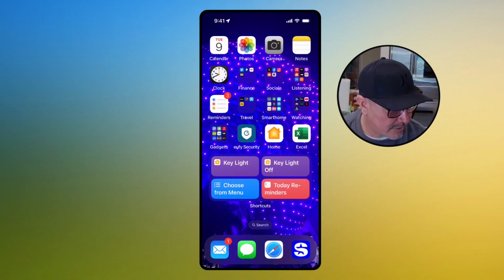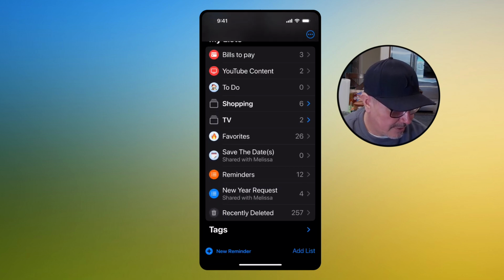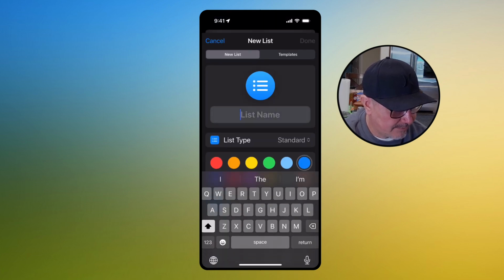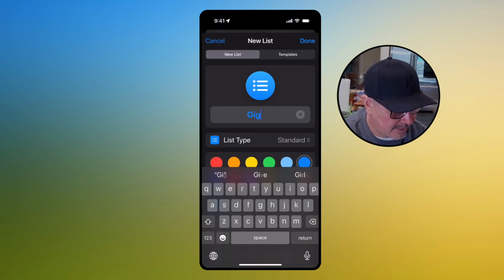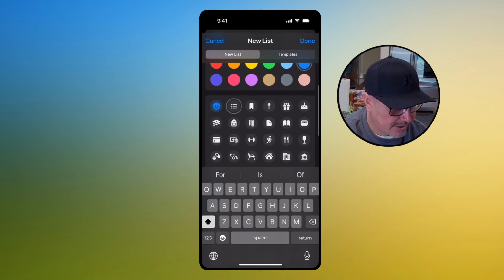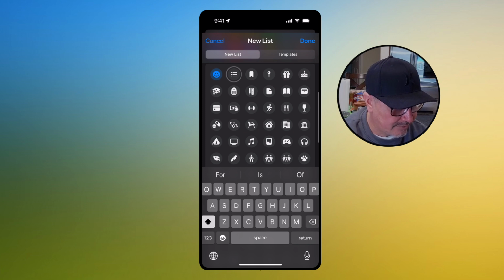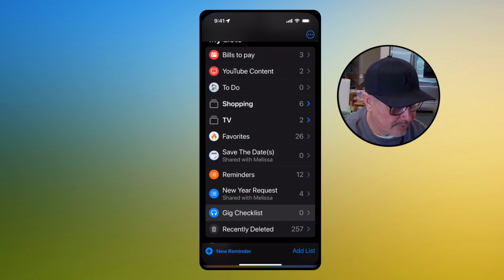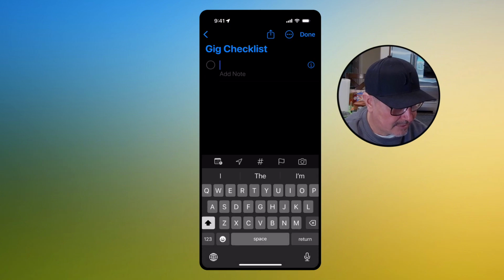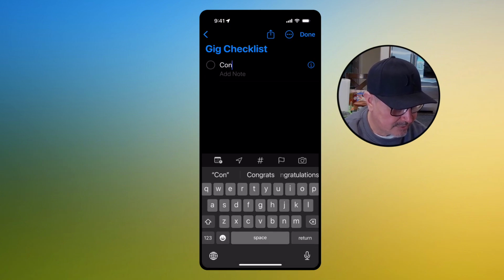Anyway, let's go into your reminders, and you're gonna hit the bottom right, add list. We're gonna call this gig checklist. We're gonna change the icon to these little headphones down here. Seems appropriate. Okay, so for the checklist, we're always gonna take our controller,